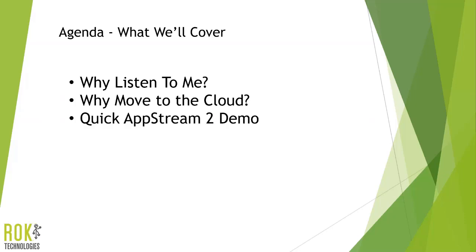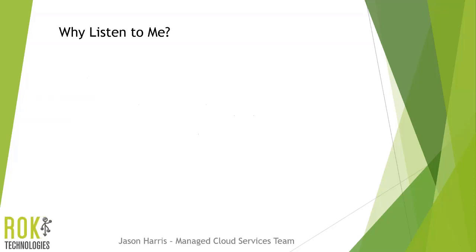Then, to follow up on why we should be moving to the cloud, I'm going to give a very, very quick AWS AppStream demo. I want to show, just for a quick minute, how easy it is to interact with and manage your cloud-based GIS directly in the cloud. And lastly, we'll have a quick rundown on the steps you can take to actually get this cloud migration moving. How can you make this happen?